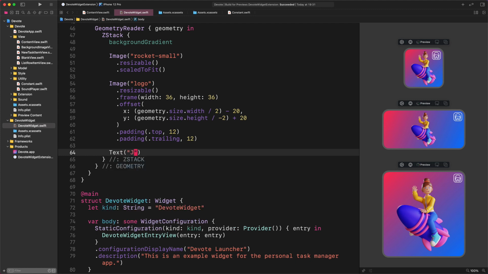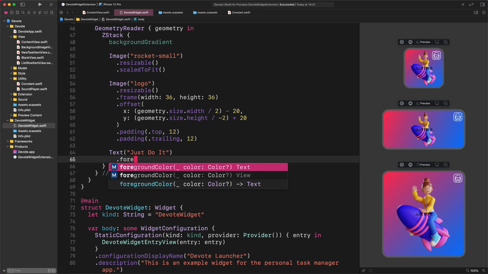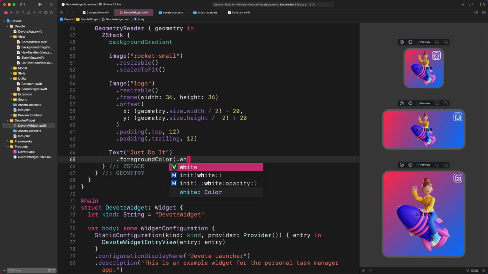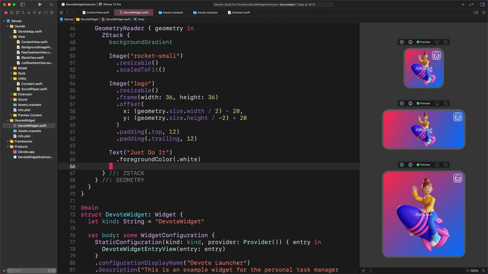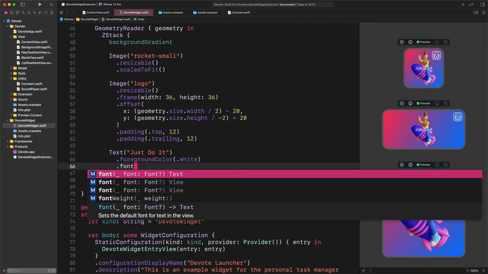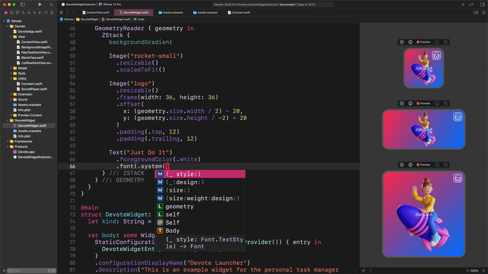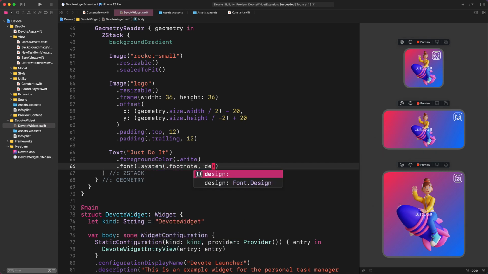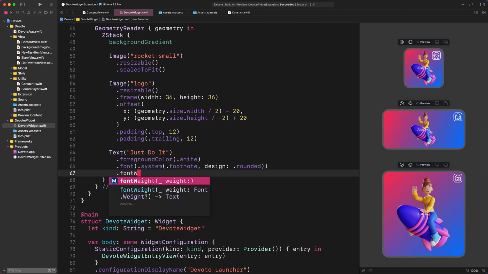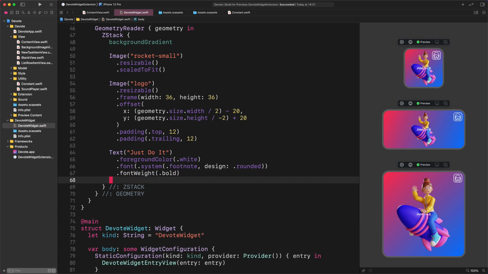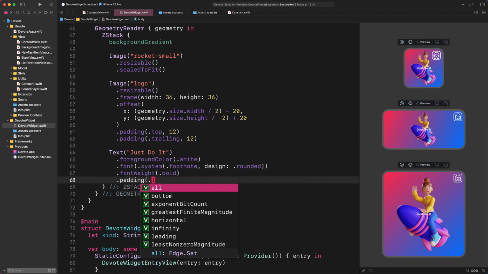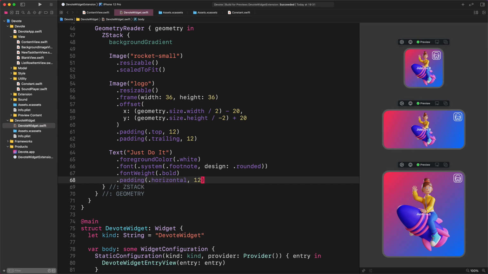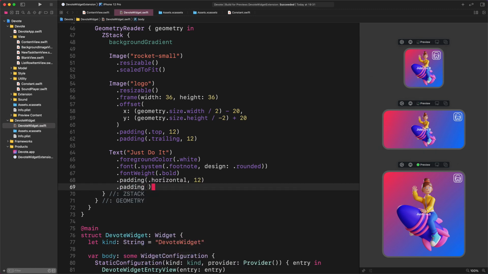Text, "Just do it", foregroundColor white, font system footnote, design rounded, fontWeight bold, padding horizontal 12, padding vertical 4,